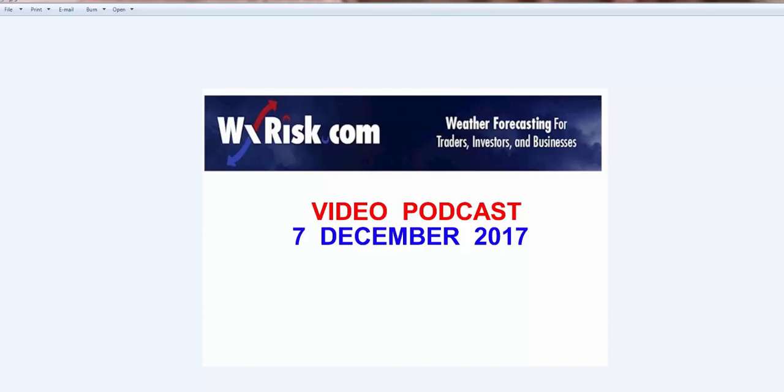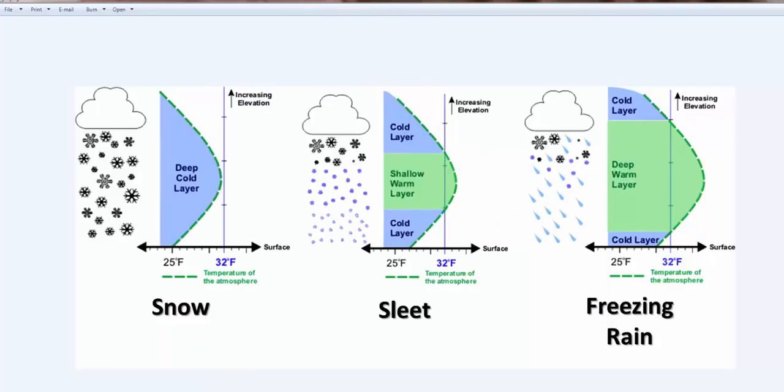And we'll be talking about the upcoming snowstorm here for the Mid Atlantic region on Saturday, December 9th, and an event beyond that. So let's get right to it. Again, we'll be using a video here as opposed to the audio. It's just too much information to put out there. And at the end of the video here, you'll see the snow maps as well. So pay attention. A lot to talk about.